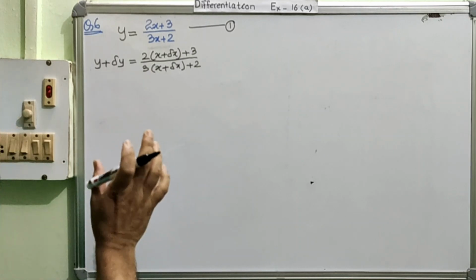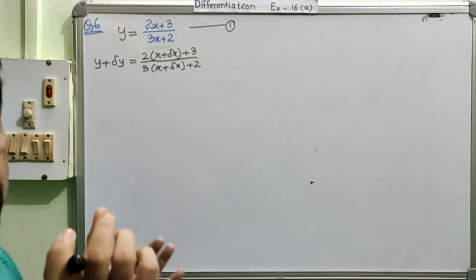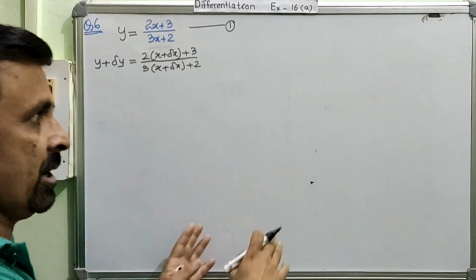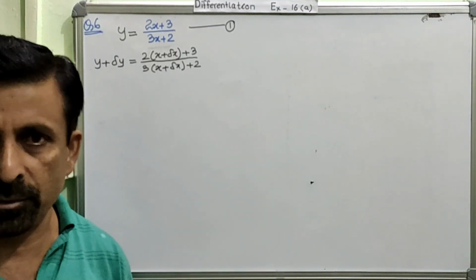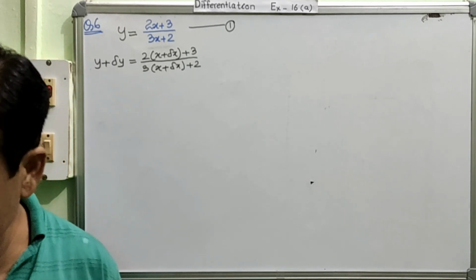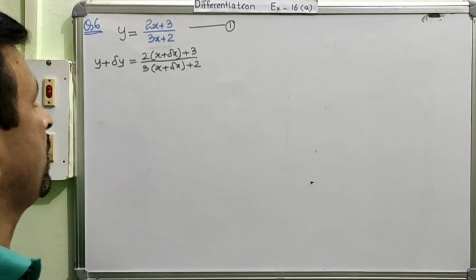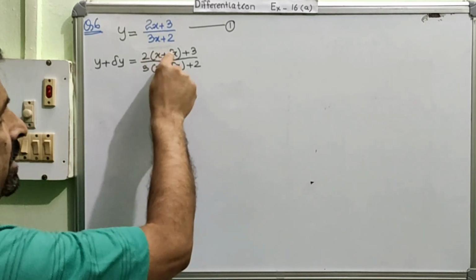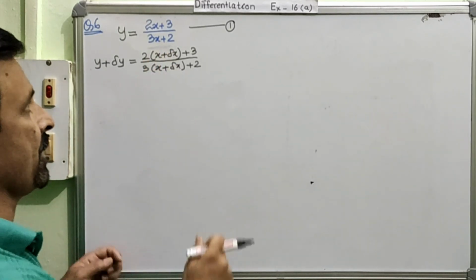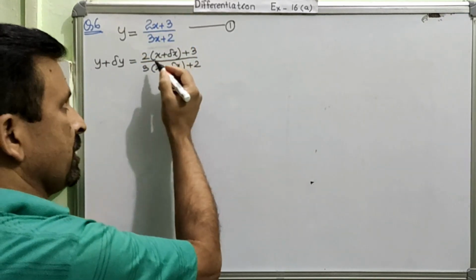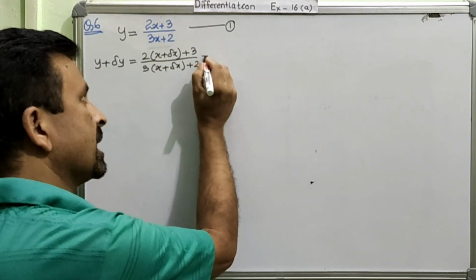I'm taking all the precaution about the size of the font so that it should be reader friendly, as well as I should be able to fit the question in the small board. Is this very clear? So now what we can do is simplify also. Let us simplify, because finally we are going to subtract equation number 1 and equation number 2. So that time we will need it, so beforehand I will keep it ready.